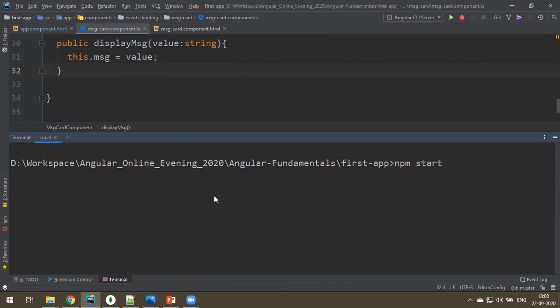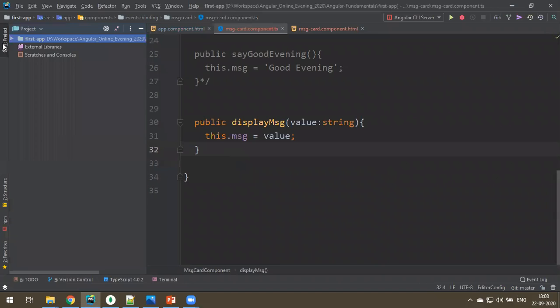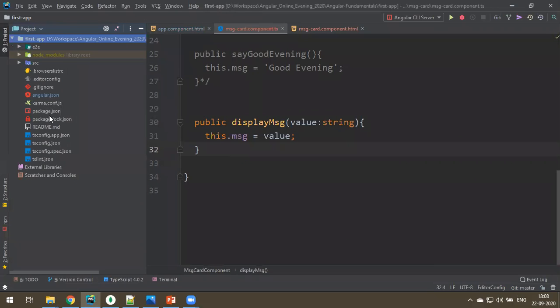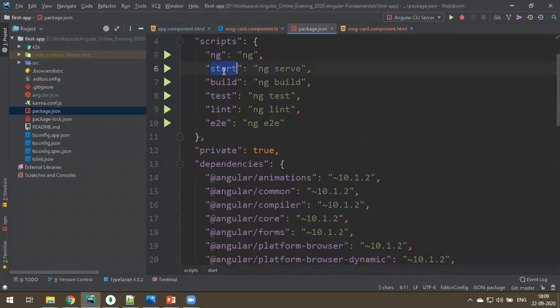npm start. Yeah, you can do multiple things. You can do npm start or ng serve. Okay, both work. But one small thing I want to tell you is if you do ng serve, the Angular development server will start, but you have to open the browser manually and enter the URL, localhost 4200. Instead, you can make a small change in the package.json, in the start script, where you can add an extra option after ng serve.